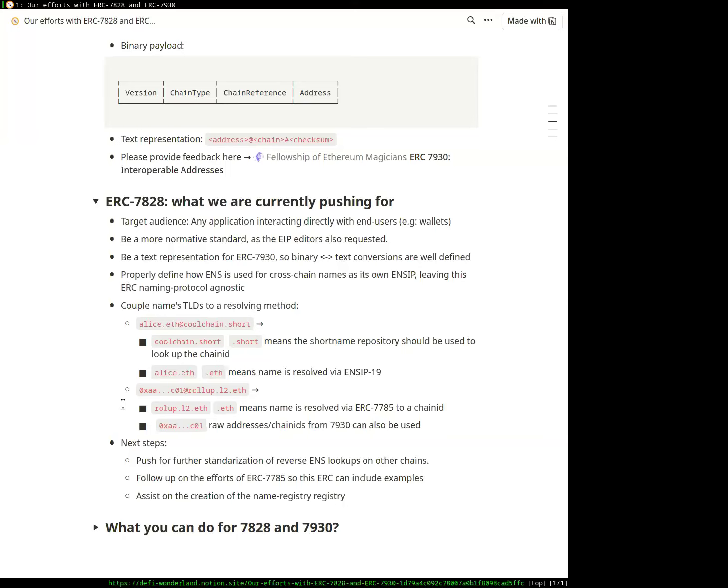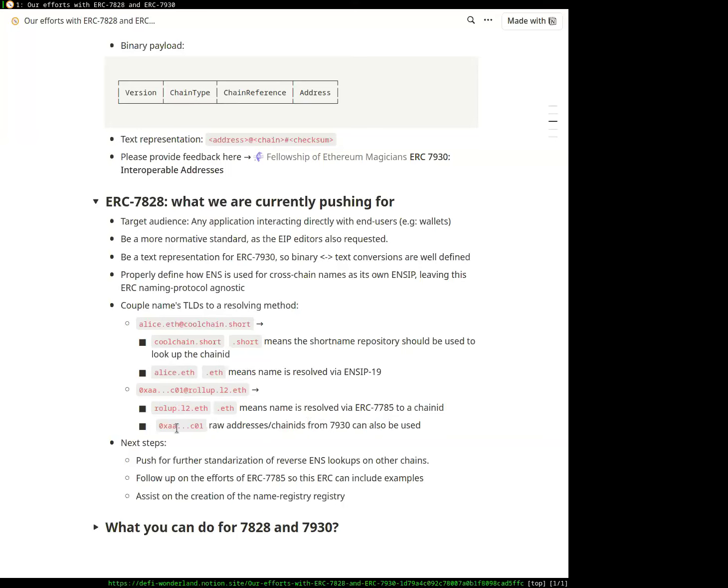So this other example that I have is more made up, because we can't use ERC 775 yet. But the idea would be that you can say use rollup.l2.eth as the chain part, and then the .eth would mean that you use ERC 775 to resolve that to an actual chain ID.